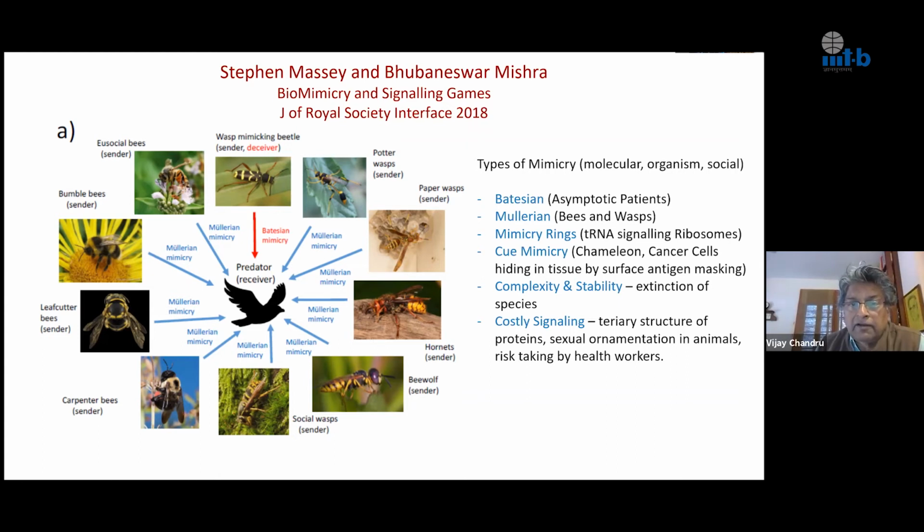So deception can also be asymptomatic patients who will essentially tell the system that they're not spreaders of the infection, because they don't show any symptoms, right? And so they can get away with that deception, right? So they might have been in a high-risk situation, but because they're asymptomatic, they don't, you know,